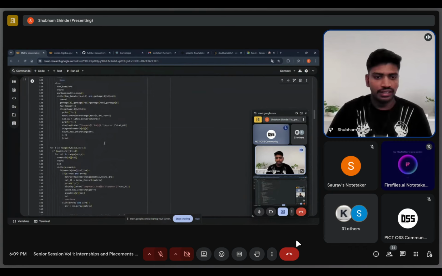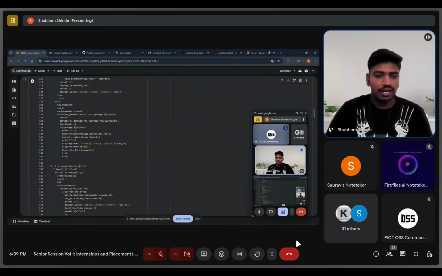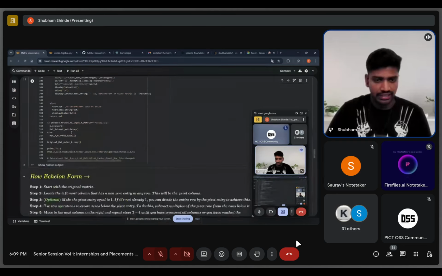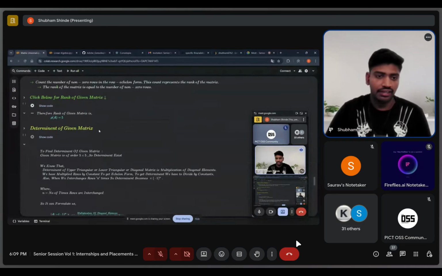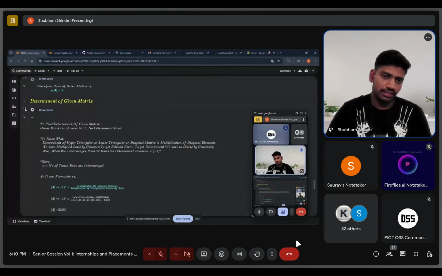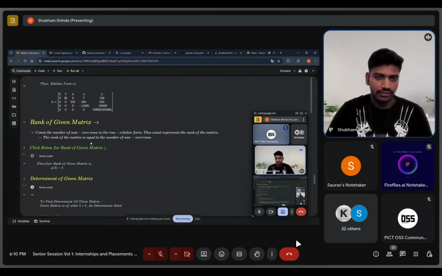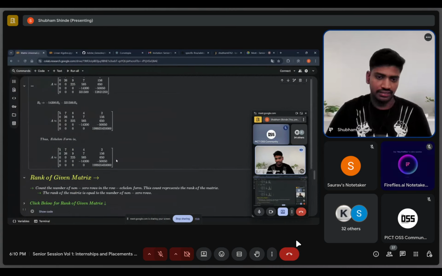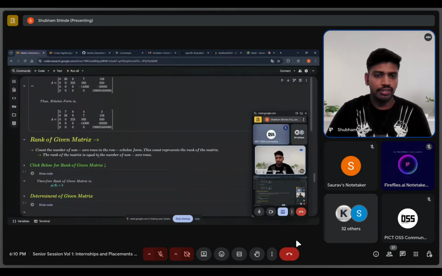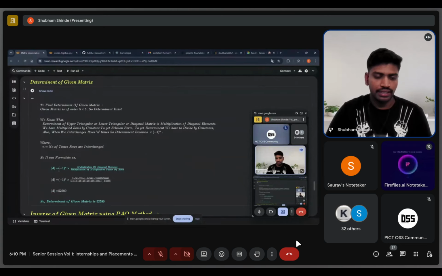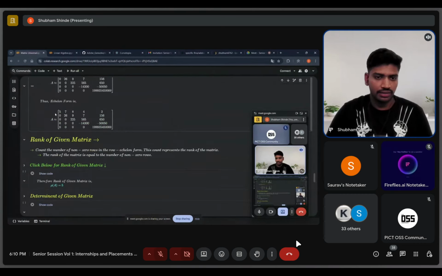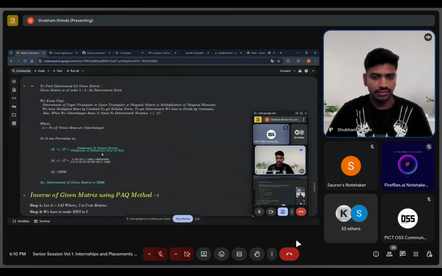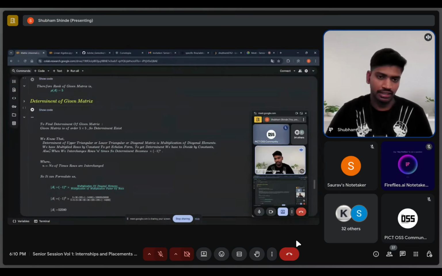At that time I didn't know the coding standards and all the DSA, so I was just manually doing everything, all brute force. This is an entire project where you can find row echelon form, rank, and the determinant. It's quite an interesting project because when I get this matrix, it is a complete triangular matrix. The determinant of a triangular matrix is the product of the diagonal, but when we interchange rows, each time the determinant sign changes, and when we multiply a row, the determinant also gets multiplied. By using those properties, I calculated the determinant in big O of one.